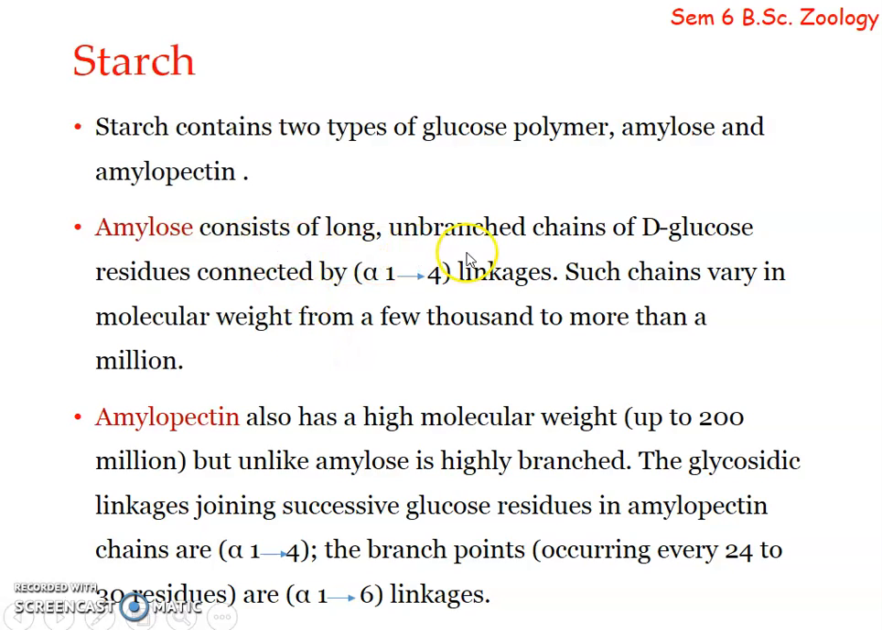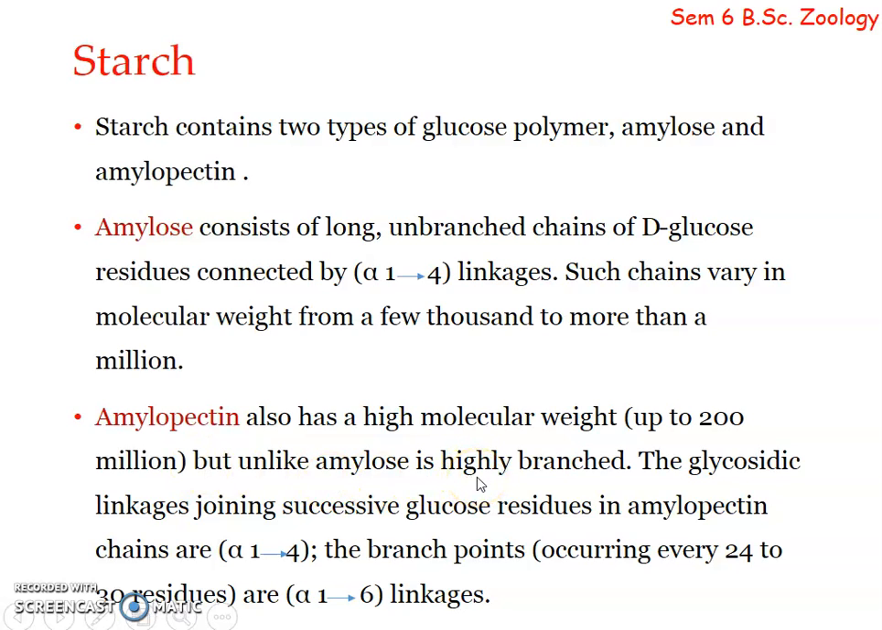Amylose consists of long unbranched chains of D-glucose residues connected by alpha 1,4 linkages, just as we have seen in the case of glycogen. Such chains vary in molecular weight from a few thousand to more than a million. So straight chains can be very long, and we can't say how many molecules can combine to form an amylose chain. Now amylopectin can also have a high molecular weight, up to 200 million, but unlike amylose, it is